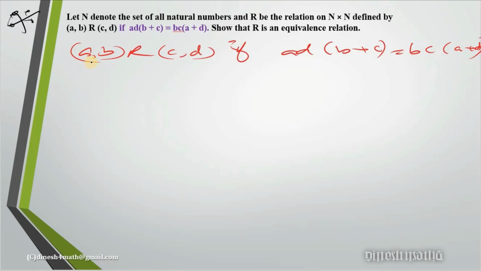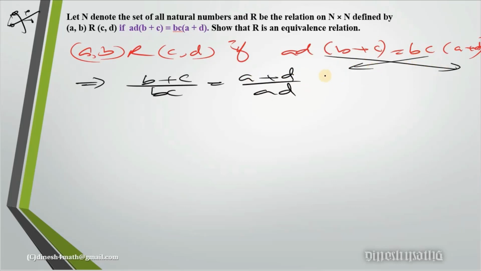See, again what you need to remember: your first element is AB and the second element is CD. So you need to figure out a relationship in such a way that AB and CD are related. For that, what I suggest is that you simplify in the beginning. Once you simplify in the beginning, the rest of the question will be so short. So here I push the terms to the other side, simplifying each side: (B + C)/BC = (A + D)/AD. Push this AD to the other side and BC to this side.